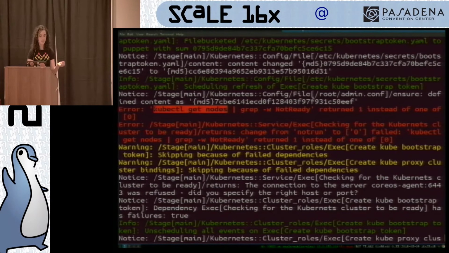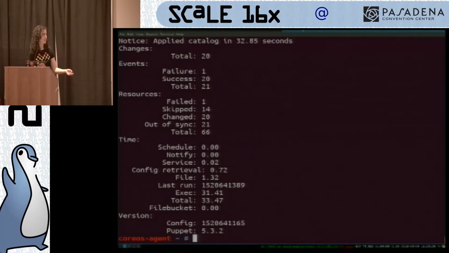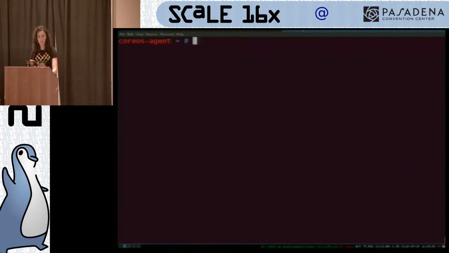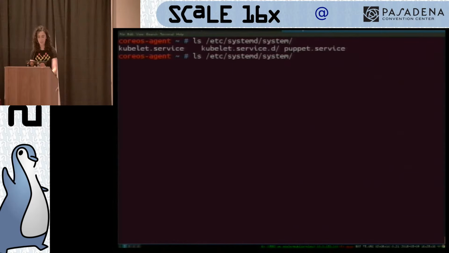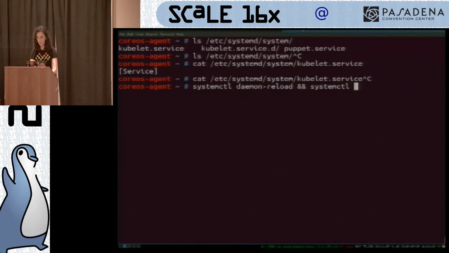So yeah, this kubectl get nodes is what failed. That is what I expected to have fail, because, again, the kubelet service is not really running yet. So I'm going to see if I have already put this file in place, but I don't believe I have. Oh, I have. The file that I wanted to put in place is this kubelet.service. And then I'm going to